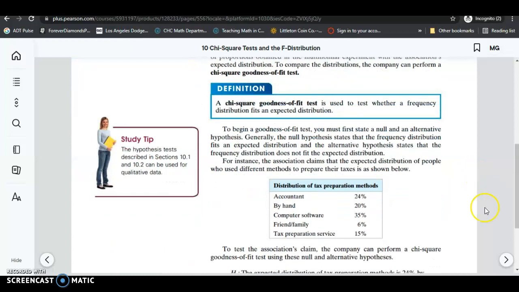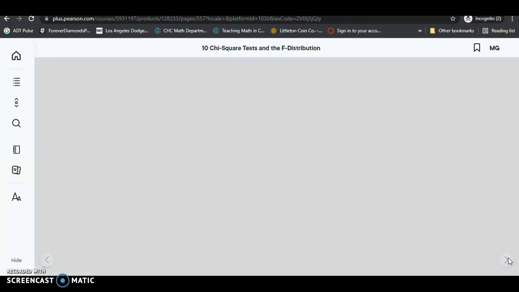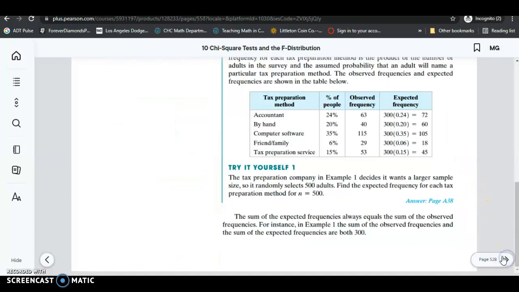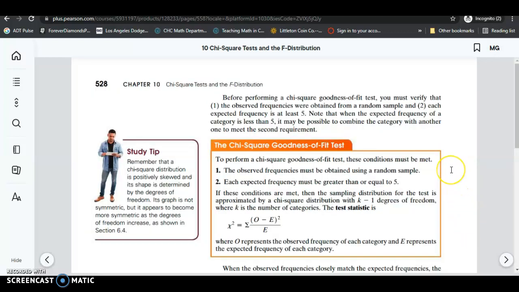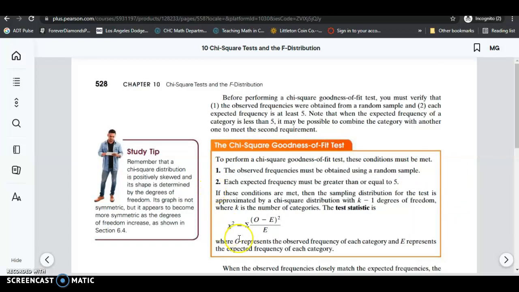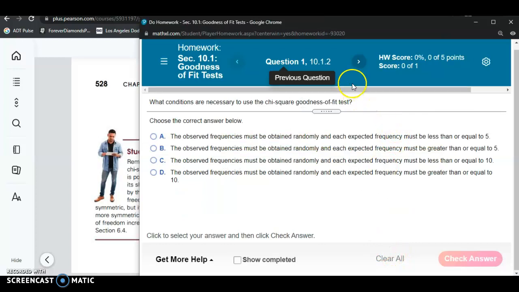So for that first question, you can find the answer in the book by reviewing the information on page 528. It gives you the conditions that the data must meet before you can perform this kind of test. So I encourage you to read that carefully. So let's go ahead and skip over to